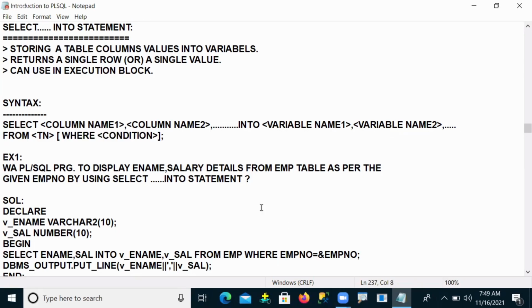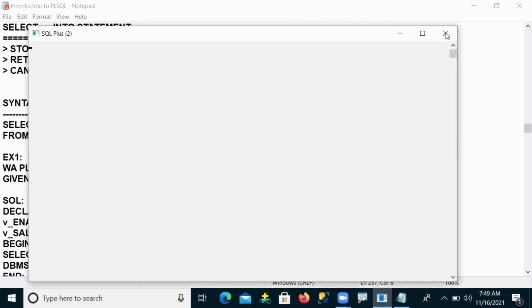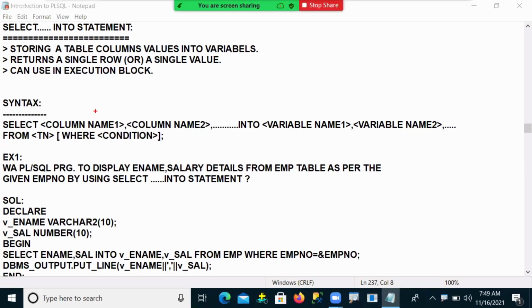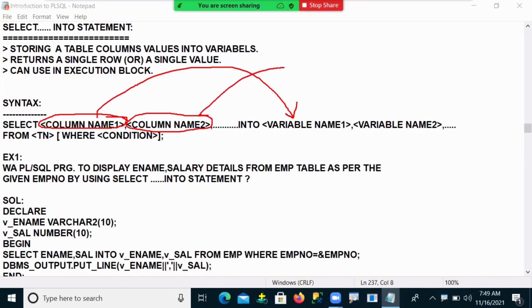Can you see, in this what happened? Suppose this is column 1. This column 1 value I'm storing into variable 1. This is column number 2. This column number 2 value I'm storing into variable 2.